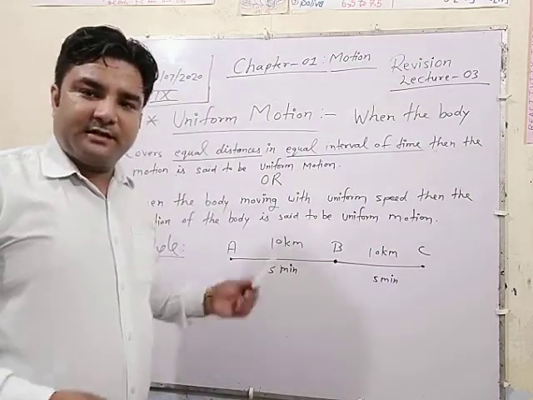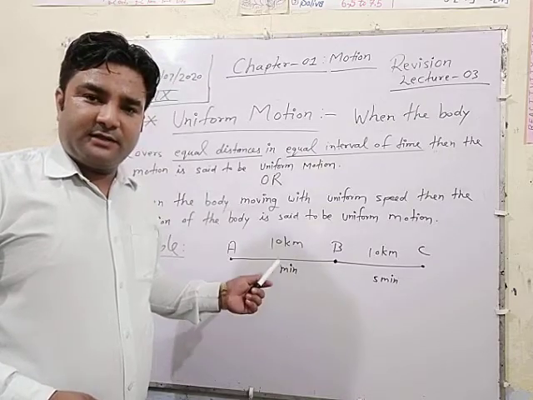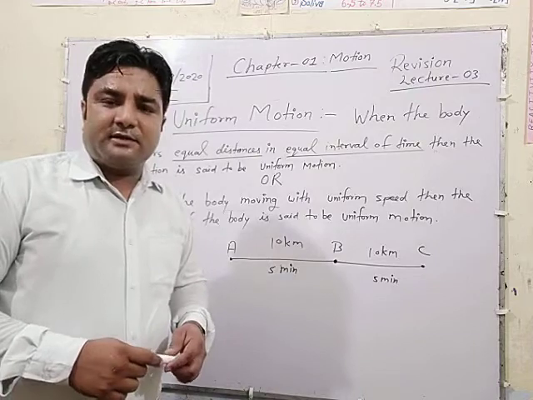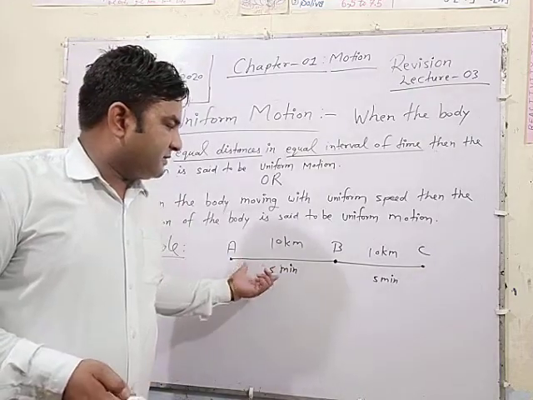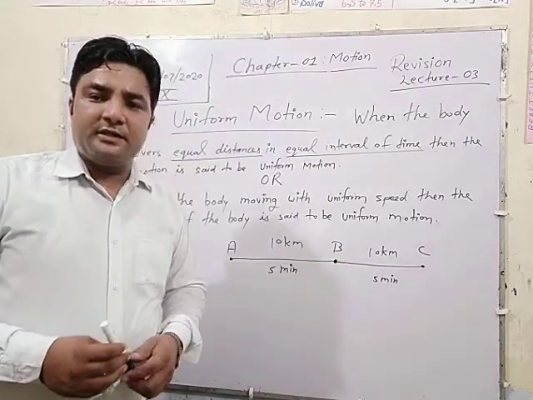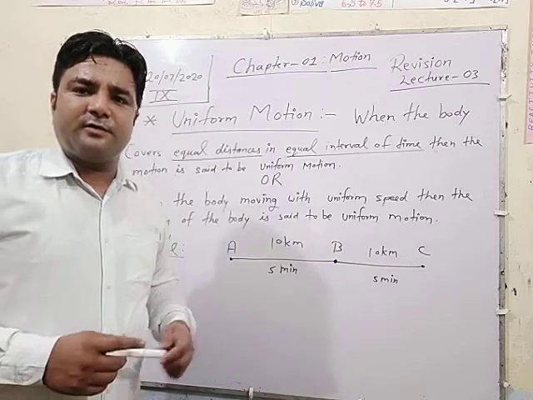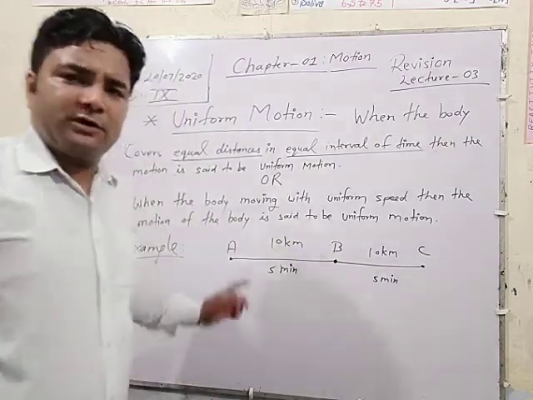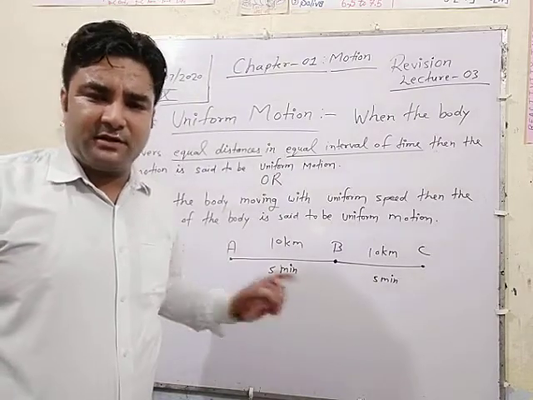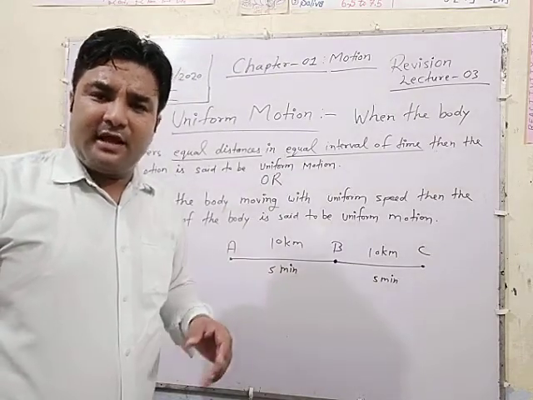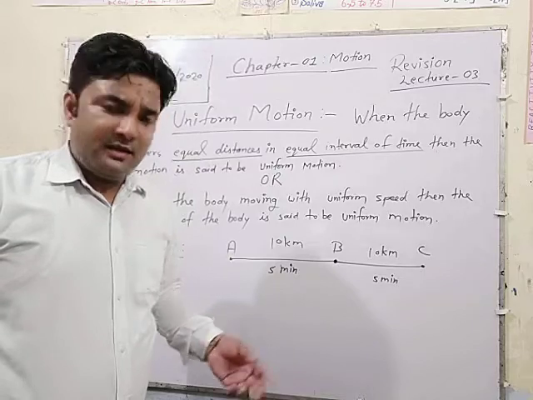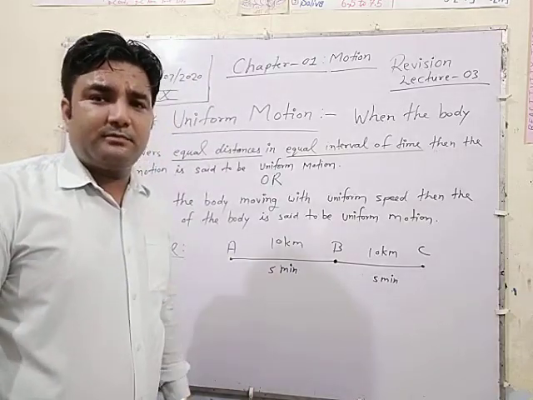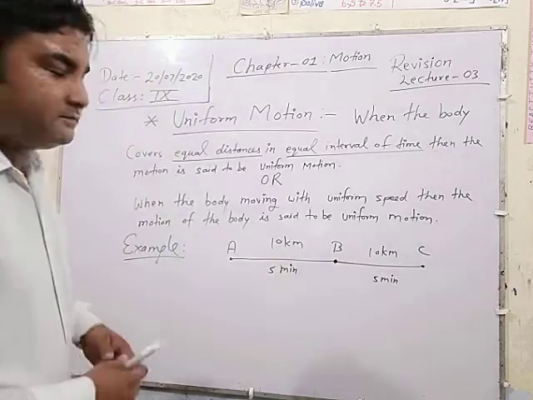Uniform speed, and the motion traveled over the distances from A to B and B to C, the motion of the car is said to be what? Uniform motion. So the concept of uniform is very easy. Whenever equal distances in equal interval of time are covered by a body or any object or car, then the motion is said to be uniform motion. And then after uniform,